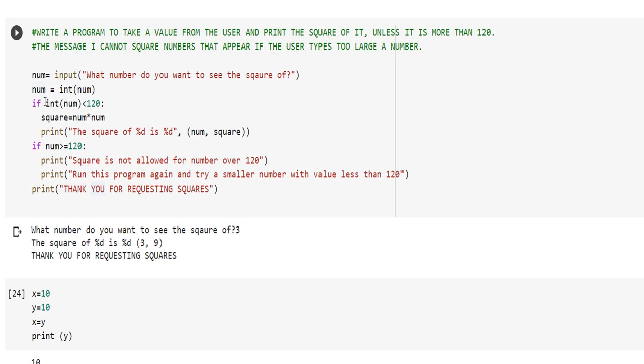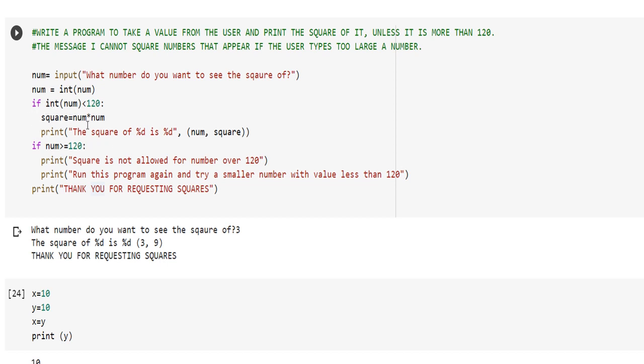In the next line, if is more like a condition, not a loop. Moreover, if int num, again I have narrowed it down here, the condition is that it is less than 120, not equal to 120, or not more than 120. Colon. What is always followed by a colon? It is an indentation. So here comes the indentation. An indentation has 4 spaces. This is the area which has 4 spaces.